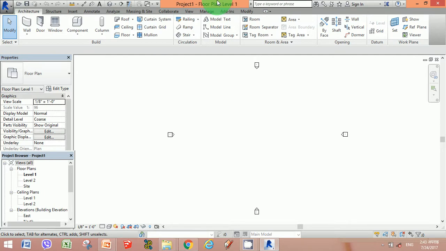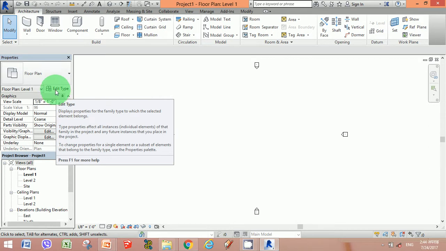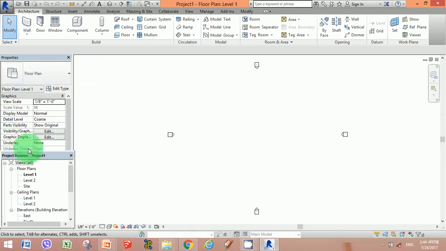So let's start with our Revit designing. Here in this window you could find a Properties browser right over in the left corner. So this browser is very important. If you are going to do any kind of designing, the Properties browser will help you edit the tool that you're using or edit the family that you're using. Basically this would be open for you, but if it is closed, I would recommend you to open this Properties browser and the Project browser, so that it would be easier for you to design the further detailings.